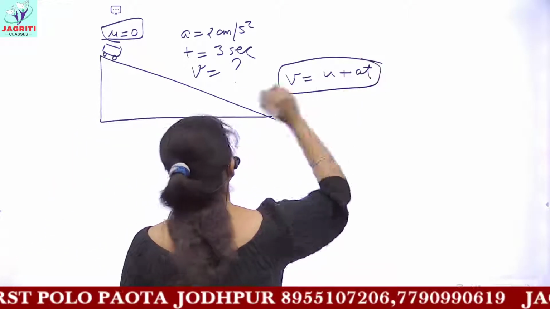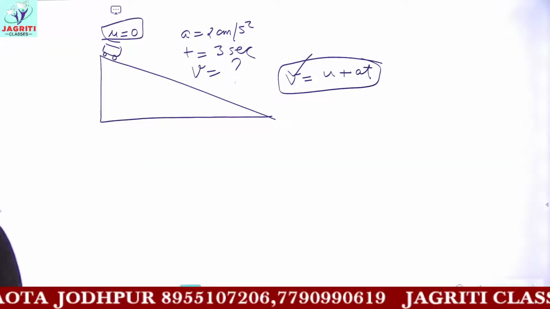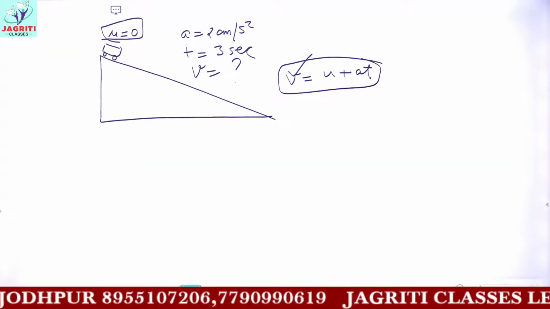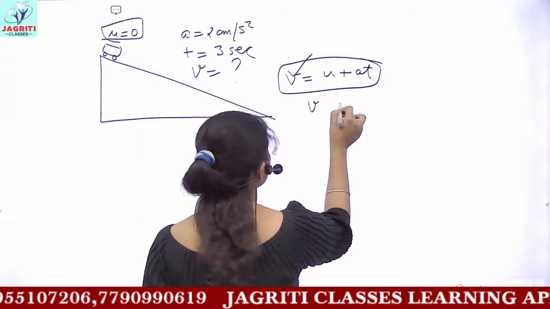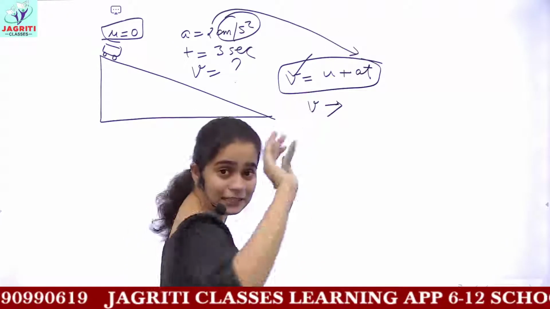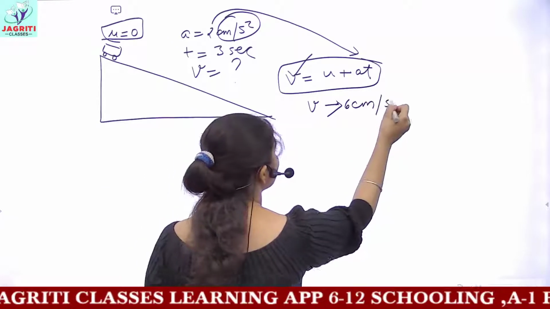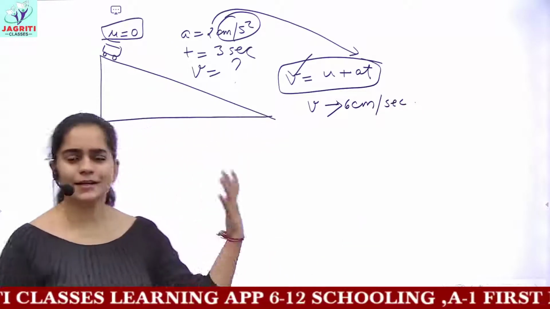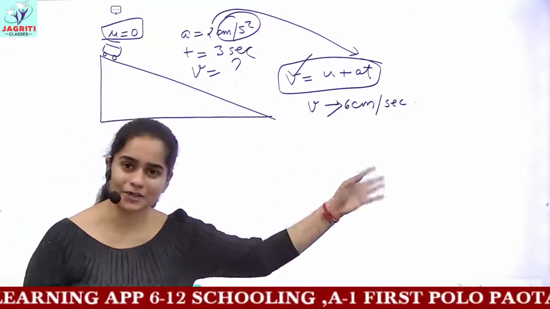And when you put all these values in this equation, you will get the answer of v here. The answer of velocity would be approximately 6 centimeters per second. If you find the velocity in centimeters, if you put this value directly as centimeter per second square, then the velocity would be 6 centimeter per second. And then you can convert this velocity to meter per second or whichever units you are required to answer in.